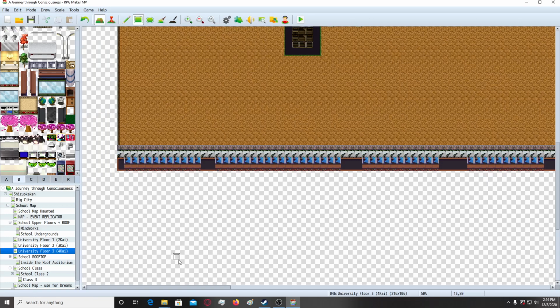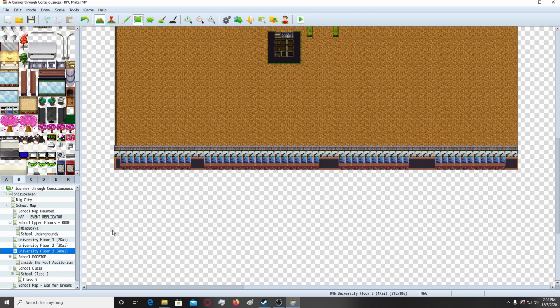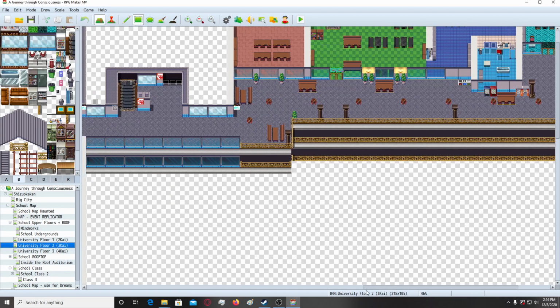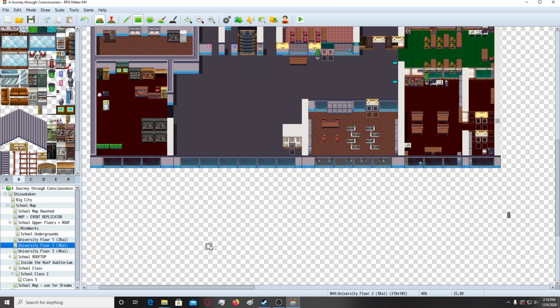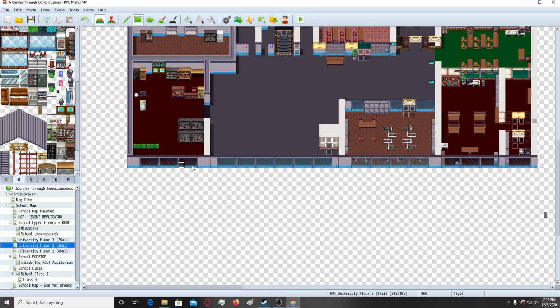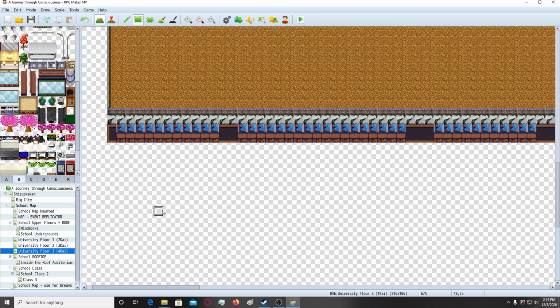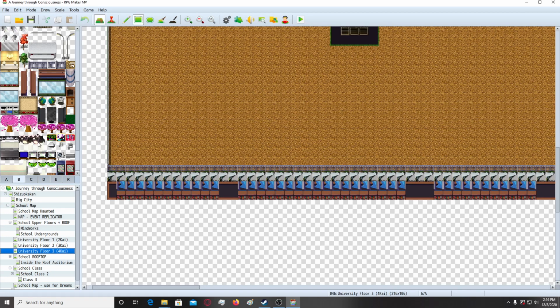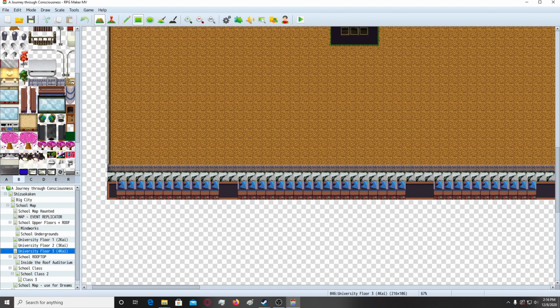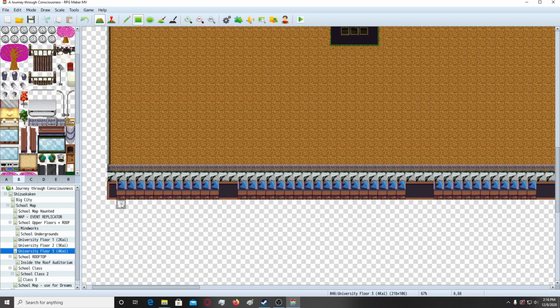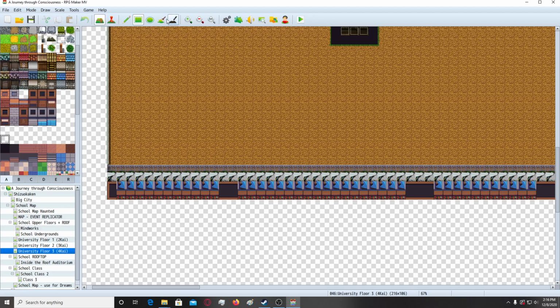Okay, so if it is floor 3, let me see how I did floor 2. Okay, so floor 2, I didn't do anything below that. Well, it really doesn't matter because I will do something right now. It doesn't have to resemble the previous floor because, well, why would it? Okay, so